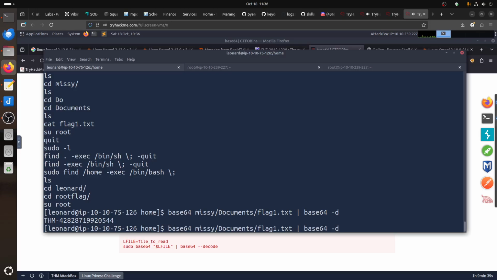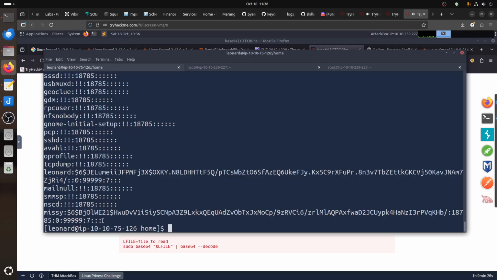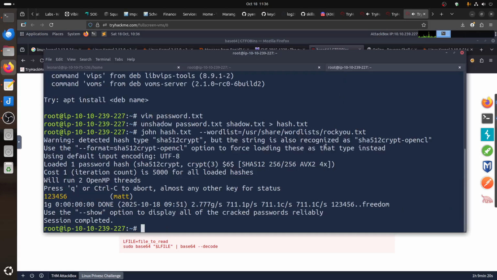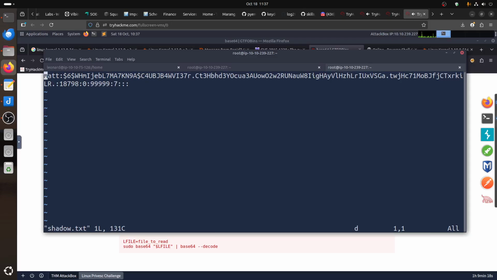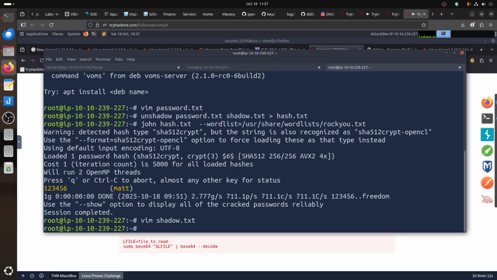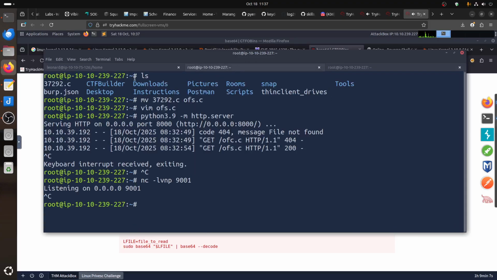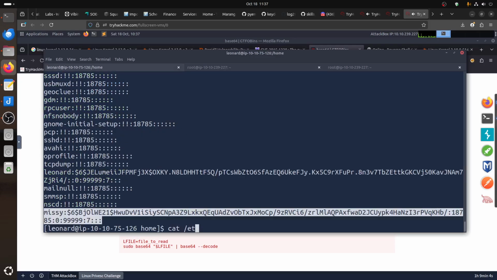Okay, so basically what you want is to get the same things as /etc/shadow. Assuming you take Missy, for example, you go to vim shadow, remove what we did here, and just put that one in. Then copy, and we get a password for Missy. cat /etc/passwd, grep missy,